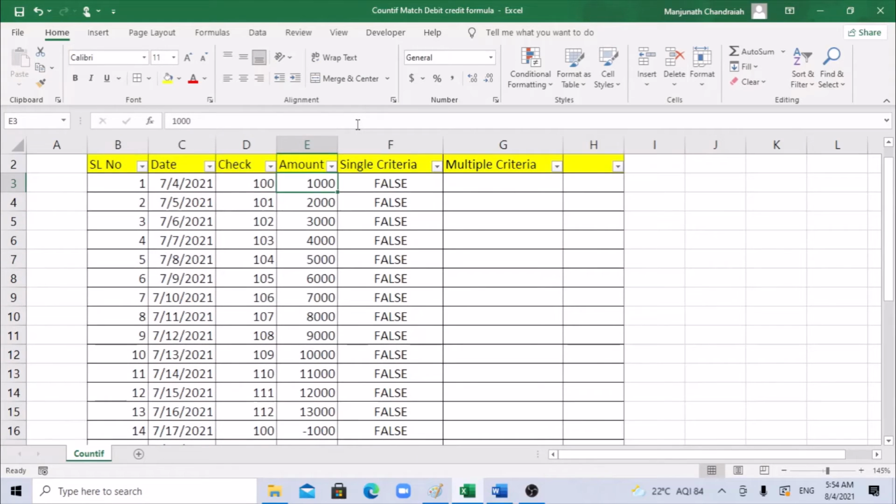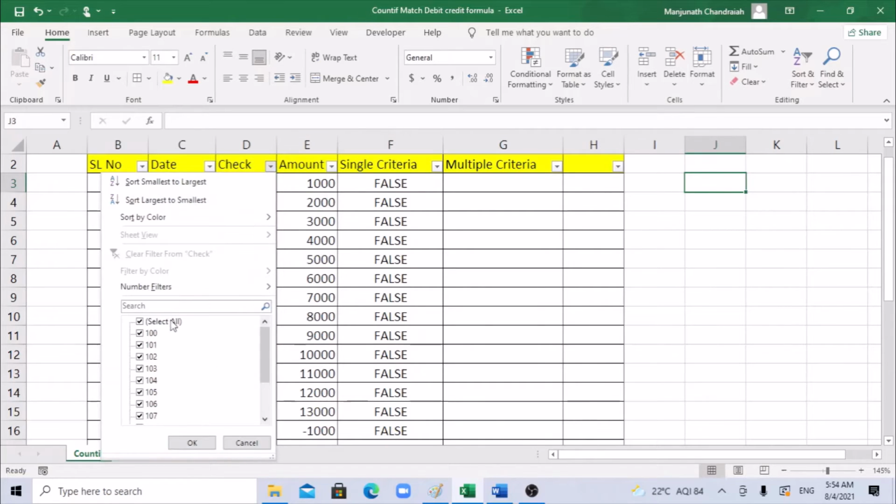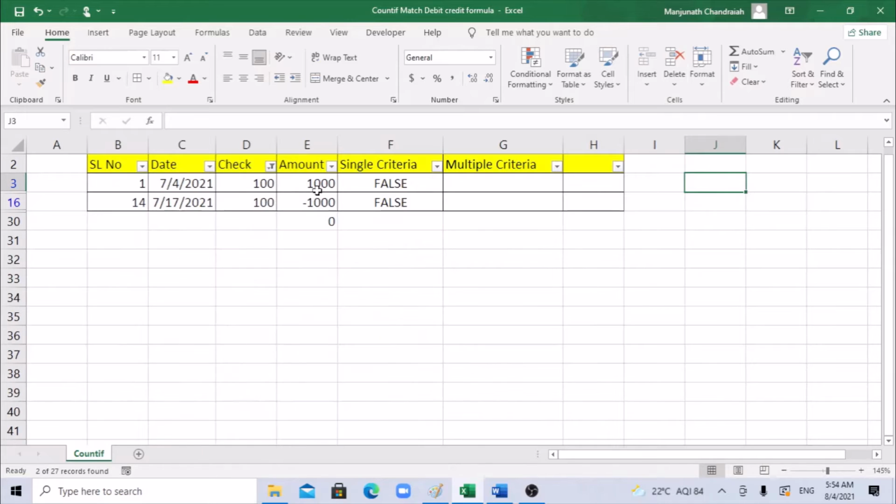So let's say it is working right now, but I want to knock off based on a criteria, say check number. Then it is a challenge now. We have two criteria. We need to knock off with check number as well as the amount. Do remember, friends, this will knock off based on the amount. If it is a 1000 positive, it looks for 1000 negative, and it gets knocked off. But here we have the check numbers. We need to go by the check numbers and knock off. For example, check number 100 should take 1000. If there is a credit of 1000, it should knock off.